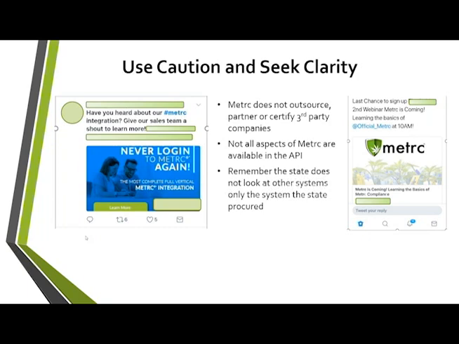A couple of things here. There are some areas where people will say you don't have to have a login in Metrc. That may sometimes be the case, and you don't have to log in to Metrc for a lot of things, but you do have to receive transfers through Metrc. And additionally, even if you don't have to log in to Metrc too much, you do want to log in because at the end of the day, those records need to match, or the Metrc records need to be what's accurate because that's what OMMA is looking at. So especially if you're starting off with a new integrator, make sure you're going in and checking to see if all of the records are matching what's in your POS system, so that there are no discrepancies there, because that can lead to some issues.